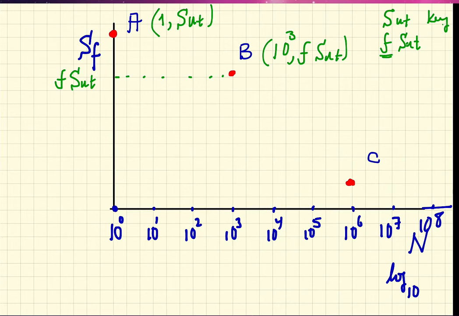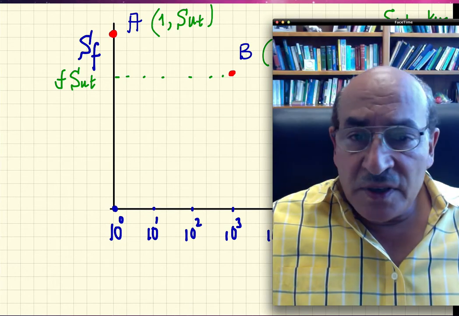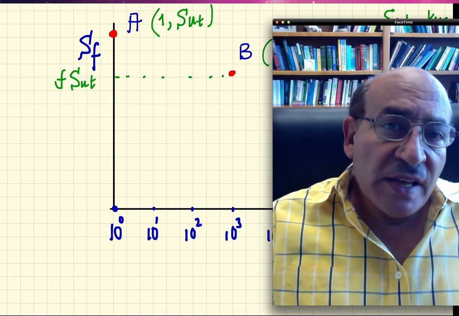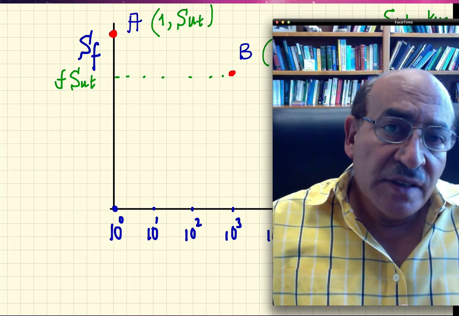And then finally, the coordinates of point C will be 1,000,000 cycles, 10 to the 6, and not SUT anymore, but S endurance. So I have an endurance limit. So I need also the endurance limit. So the key is SUT, and then we'll find F, and then S endurance, we'll find it from a relationship. And if we're looking for an easy way out without doing much testing, the endurance limit is roughly half of the ultimate strength for